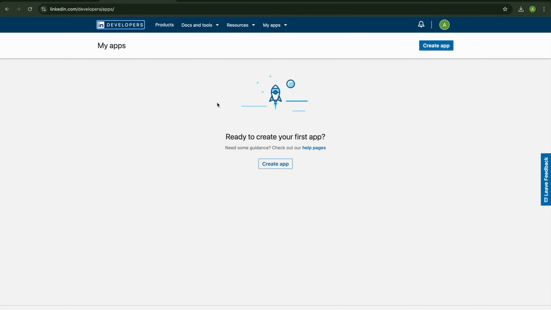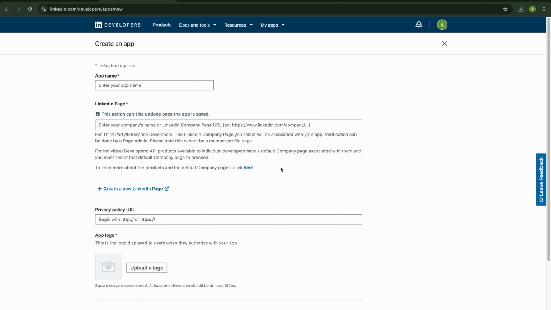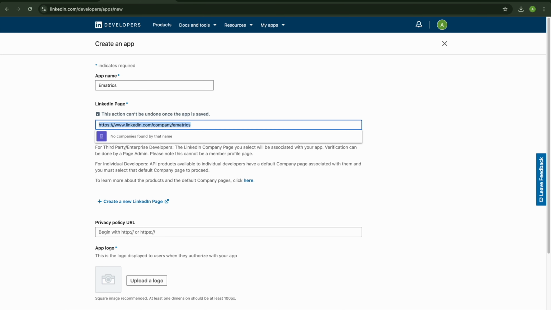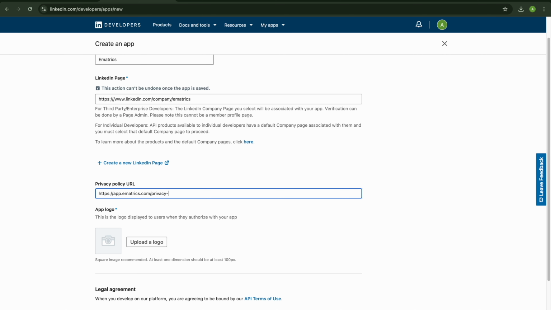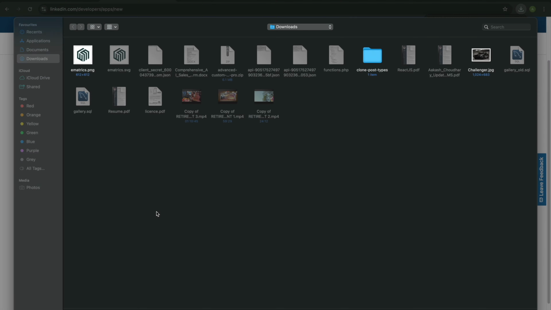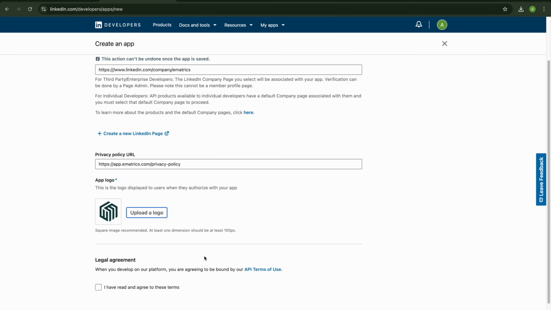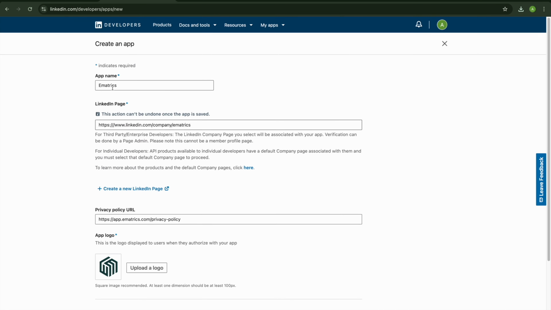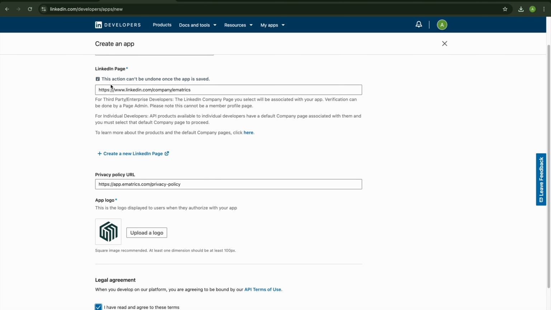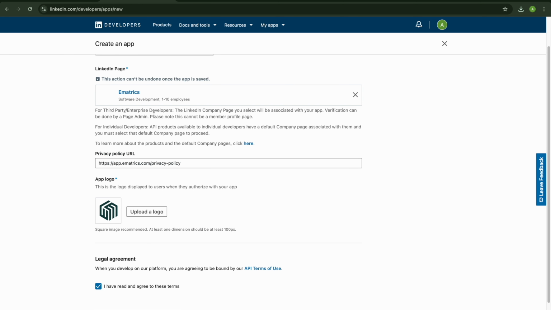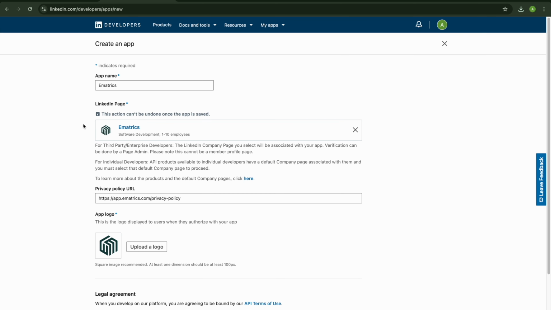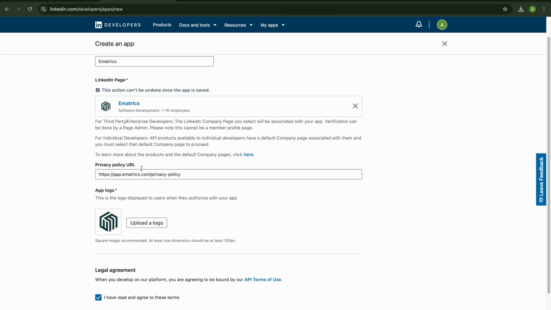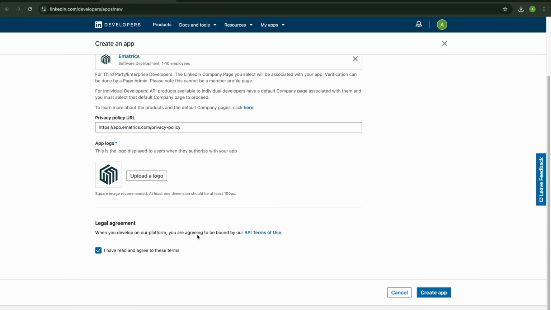Okay. This is the LinkedIn developer portal. Click on create app. Write the name of your app. You need one company page. So you have to create a page, company profile in LinkedIn, and paste the link of that page into the above URL, then select the privacy policy page and upload your logo. Agree to the terms and conditions. Okay. All the information is filled. Click on create app